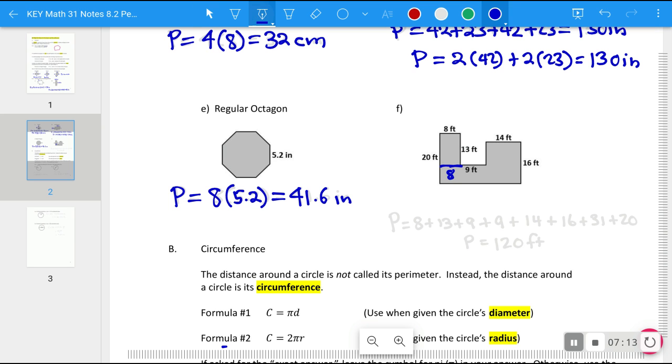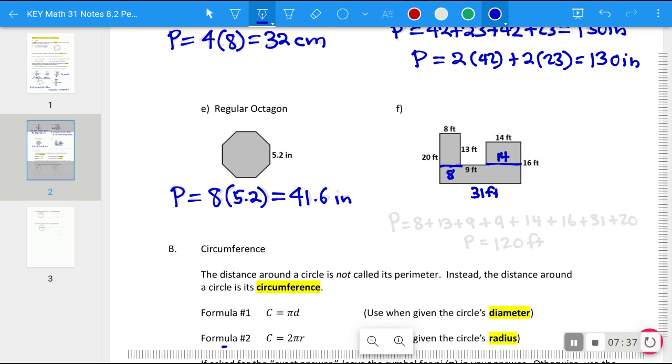Now, some of the same logic goes in on the other side. If this is 14, well, I can slide that 14 down here, and I know that that length is also 14. So if I'm going all the way across this object, it's 8 plus 9 plus 14, which gives 31 feet